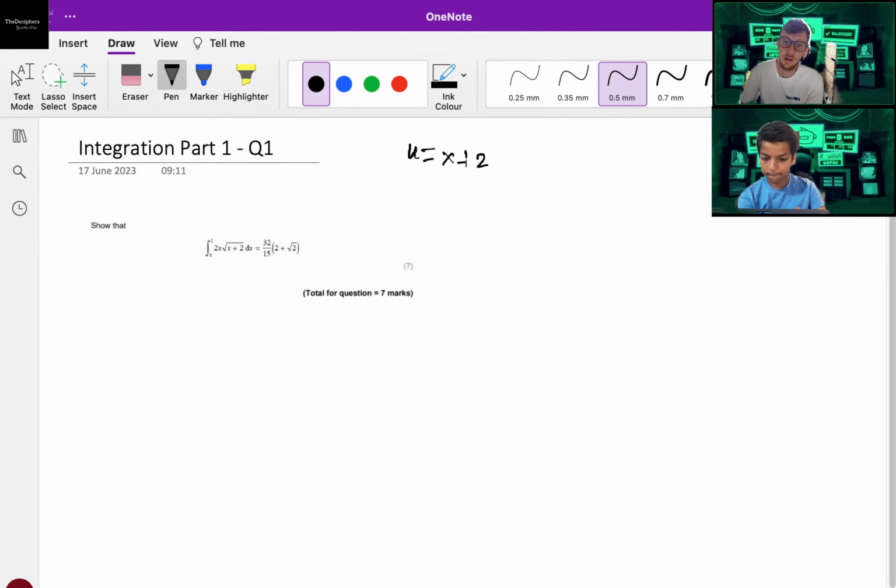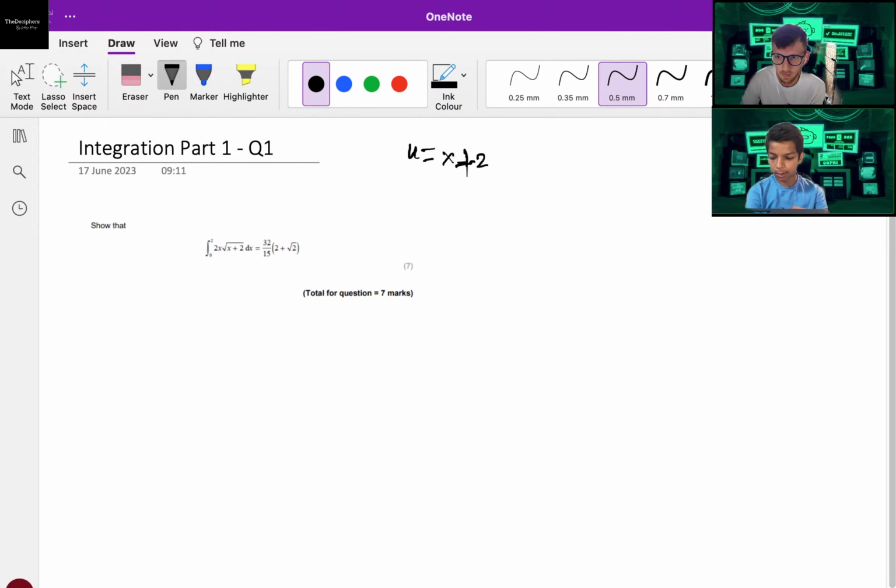You're exactly right that you can use either, which is why it's a good question. A lot of the time when you have the product of two functions, like we do here, 2x times root x plus 2, then by parts is a good way to go. But because it's just algebraic, there's no trig or logs in there, substitution's a more suitable approach. It makes the integration a little bit easier. Yep, so then if we set u to be x plus 2, then